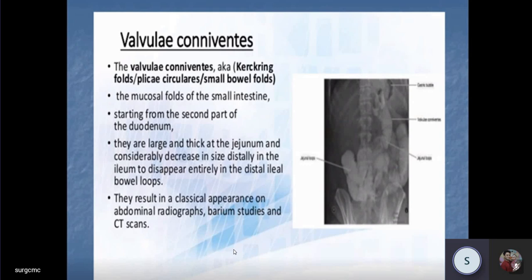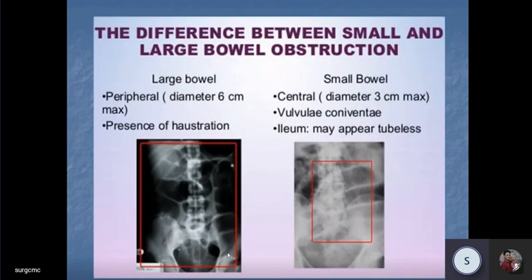Now, common sense, when the jejunum is dilated, the ileum is not dilated. We cannot see the simple tube-like dilatation of ileum. The obstruction must be there at the end of the jejunum before the ileum. Common sense. So valvulae conniventes is classically seen in dilated jejunum, either in the jejunum or at the end of the jejunum if there is any obstruction. Okay?